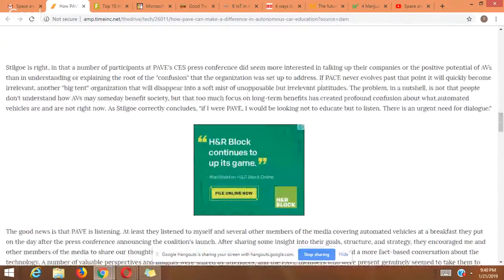Going down here. Stilgoe is right in that the number of participants at PAVE's CES press conference did seem more interested in talking up their companies or the positive potential of AVs, autonomous vehicles, than in understanding or explaining the root of the confusion that the organization was set up to address. If PAVE never evolves past that point, it risks quickly becoming irrelevant, another Big Tent organization that will disappear into a soft mist of